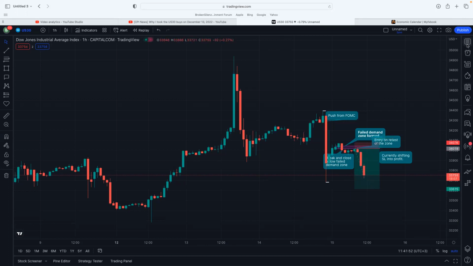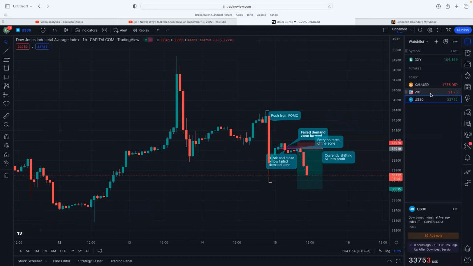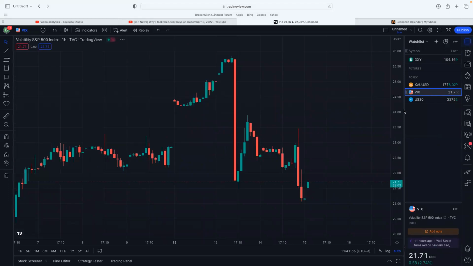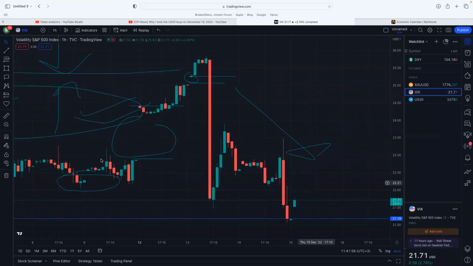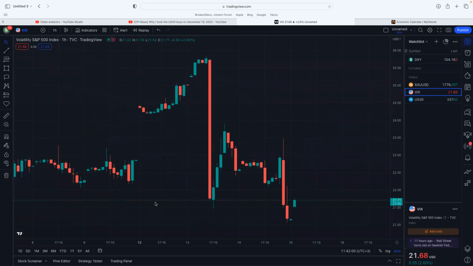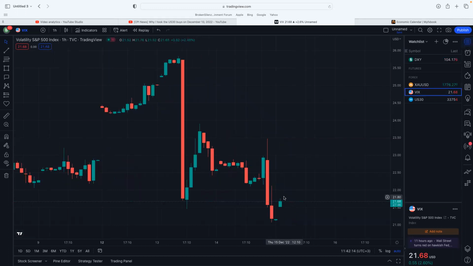Of course, if we look at the confluence of the VIX, I will not always be going through the VIX because I already explained what I look for in it, but you'll notice that the VIX has opened with a very strong gap to the upside. So I'll wait for this gap to be cut. Because of this gap forming, that's why we've seen a very strong drop during London. And now we probably expect a bit more of a rally to the upside before we eventually continue to the downside, which might mean longs during New York session.